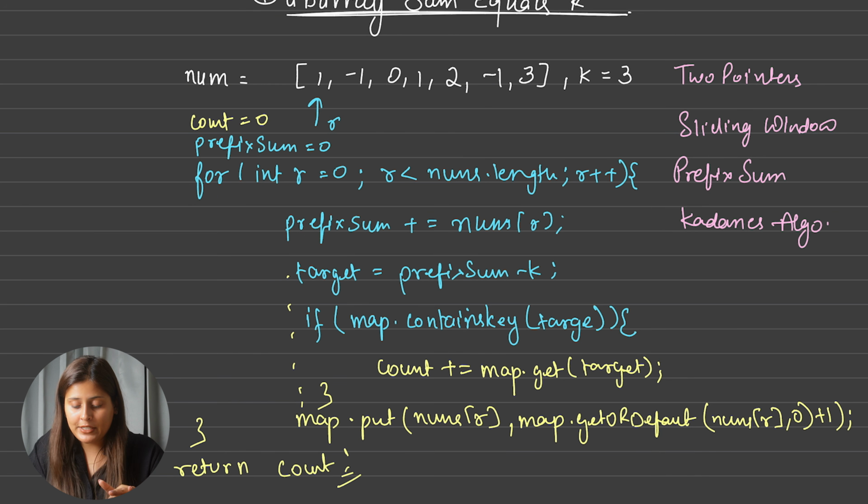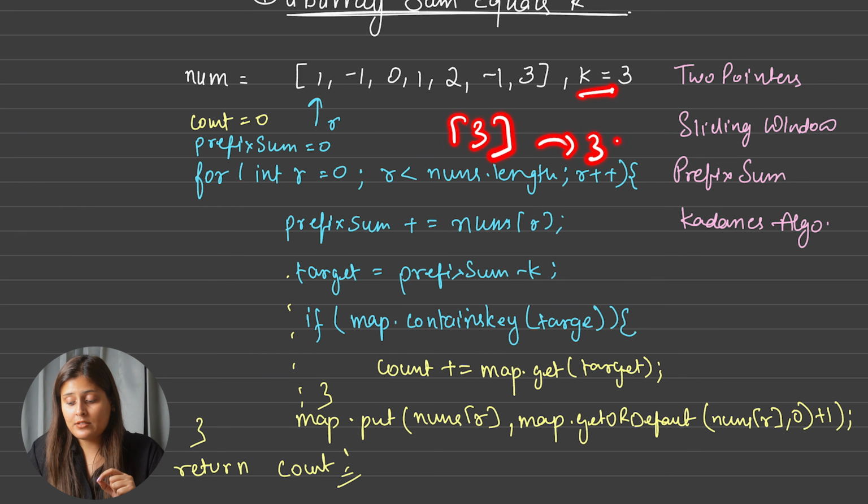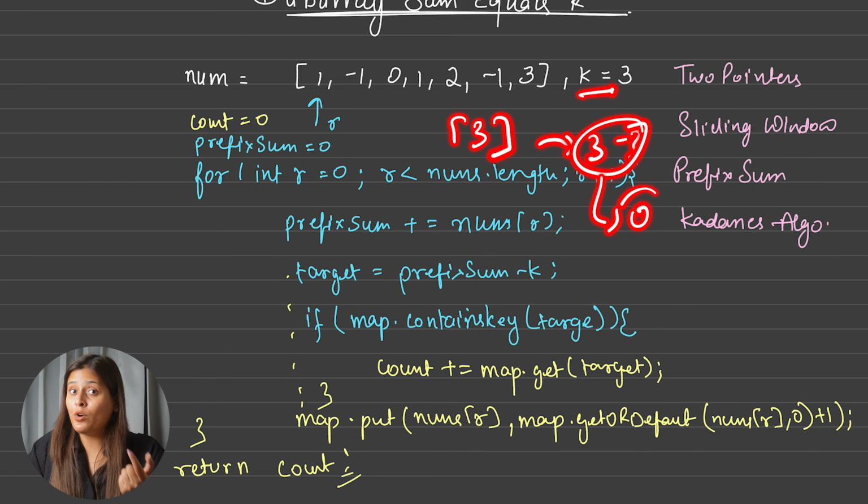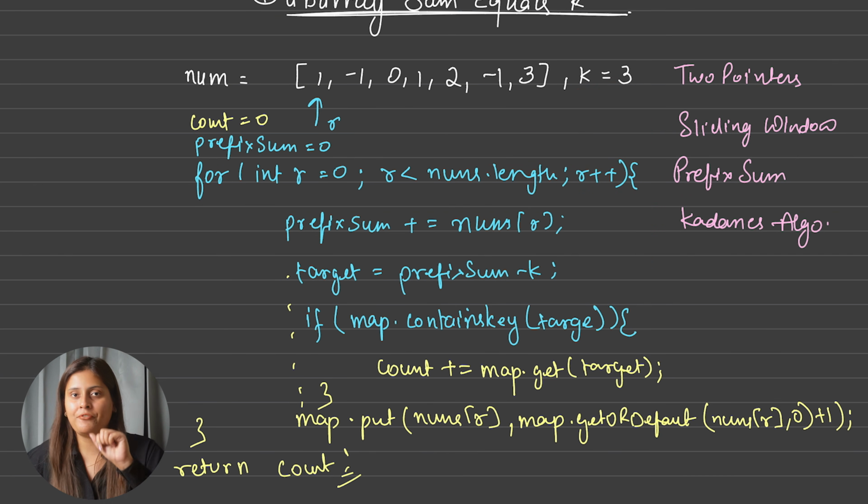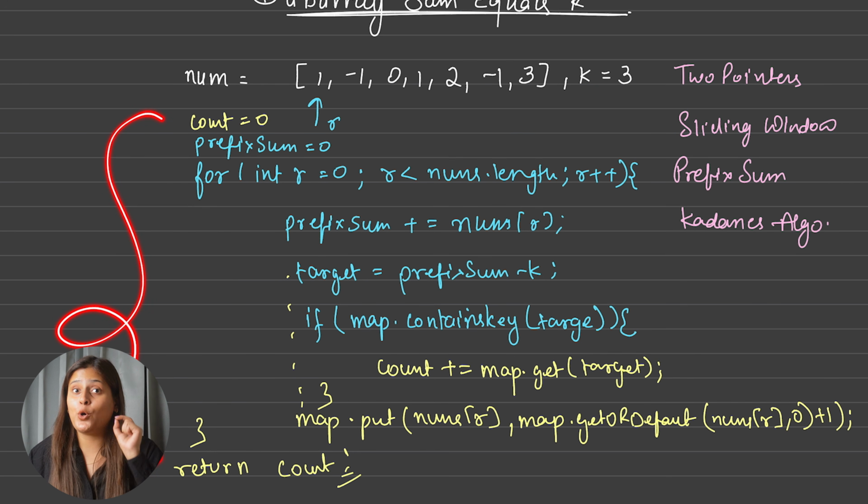And one more thing, here we will initialize the map. Okay, I'm considering you will initialize that. And one more thing, if you remember, I told you to put 0 as a key and 1 as a frequency at the starting, because for the 3 case, obviously you won't find 3 minus k, 3 means 0, in the map, so you won't find any answer. So hence initially you have to put this 0 with 1 frequency in the map, and that code will give you the total number of count of subarrays.